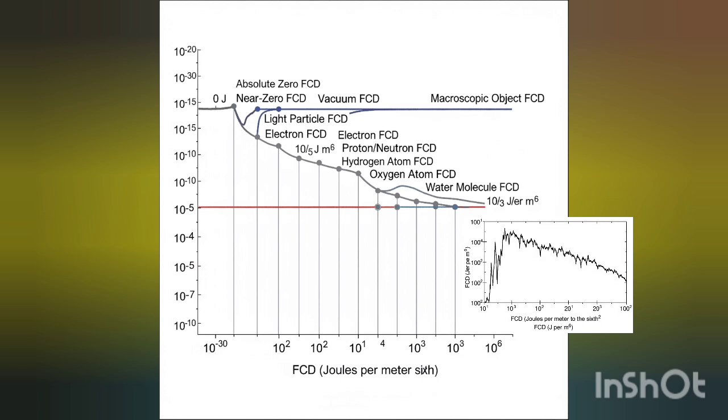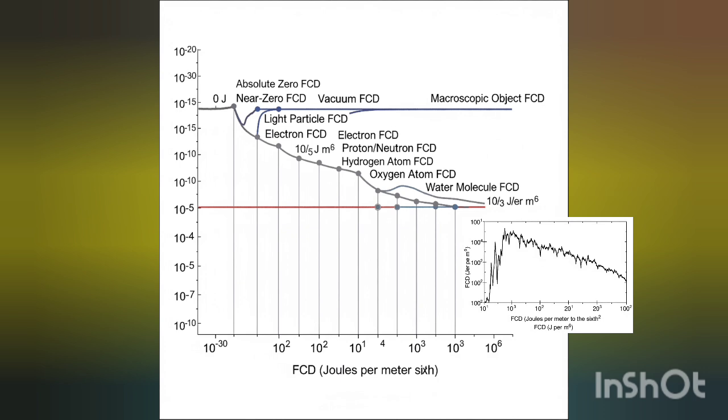What's really key to grasp here is that this FCD scale is logarithmic. So each step up represents a huge jump in the energy and the coherence involved. We measure it in joules per meter to the 6th power. Now, for you listening, what does that unit actually signify? Imagine it as the energy cost for a specific unit of organized information. The joules part is energy, obviously, and the meter to the 6th power represents how densely packed that energy is within a highly organized, three-dimensional informational structure. It really maps out the entire spectrum of existence we know, from the most diffuse states to the most solid, tangible things.